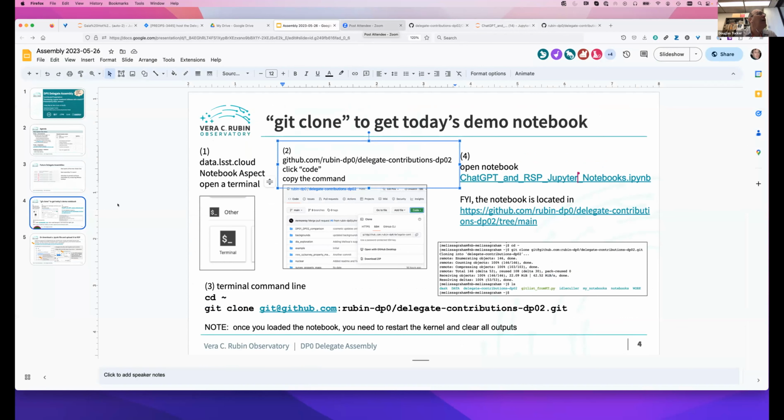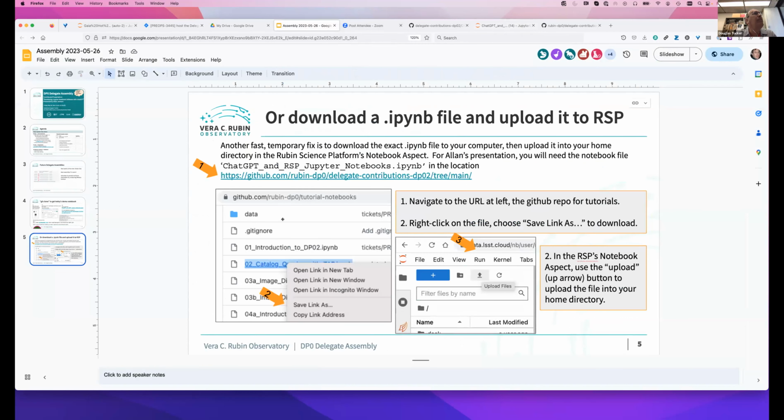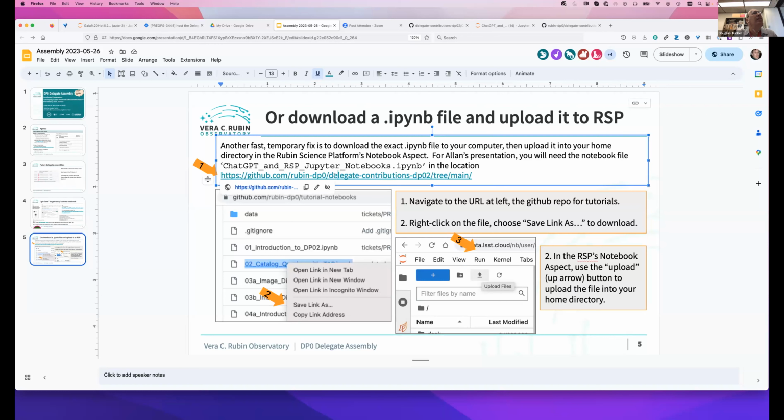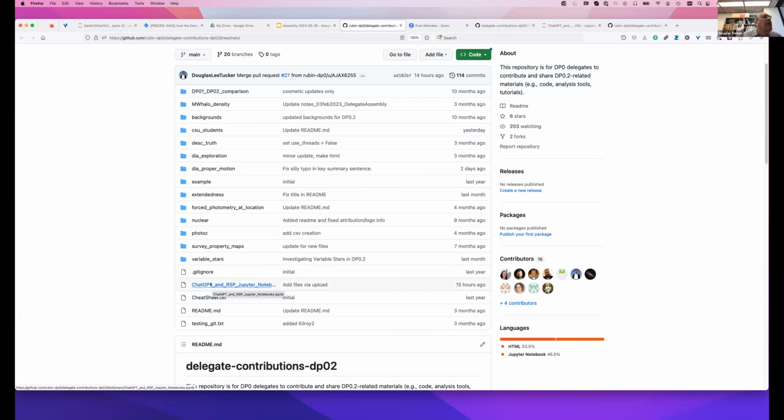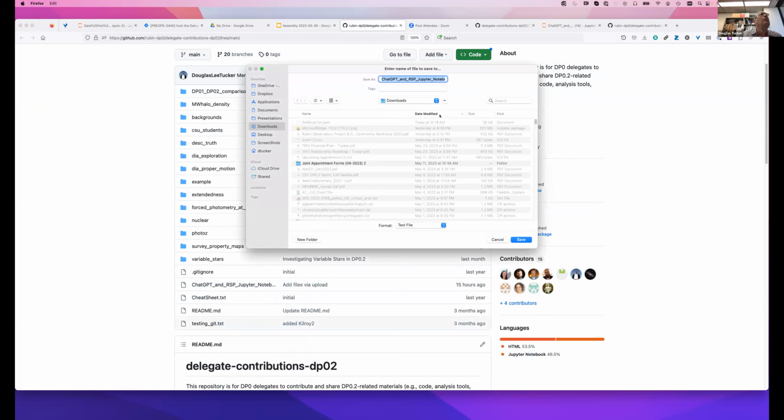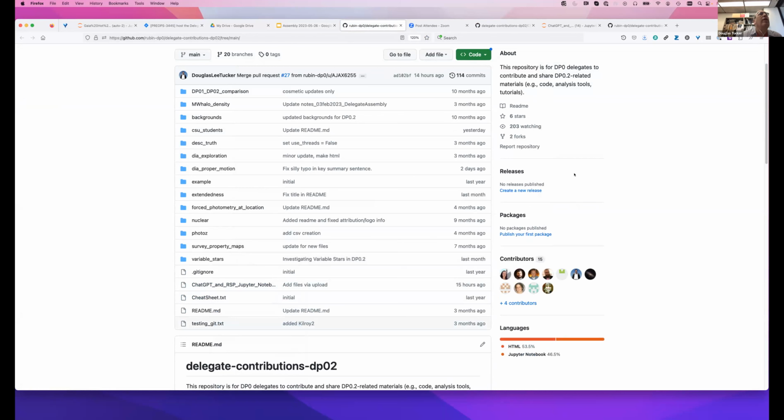Or, if you want to, you can go here and save that to your downloads folder or wherever.